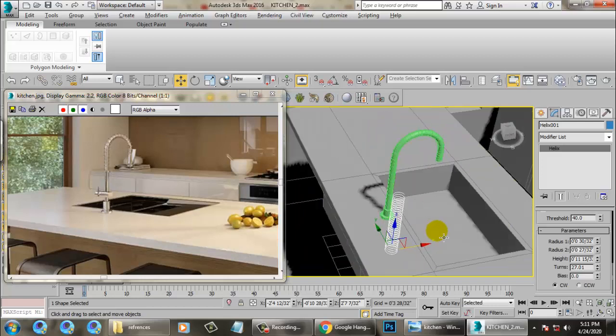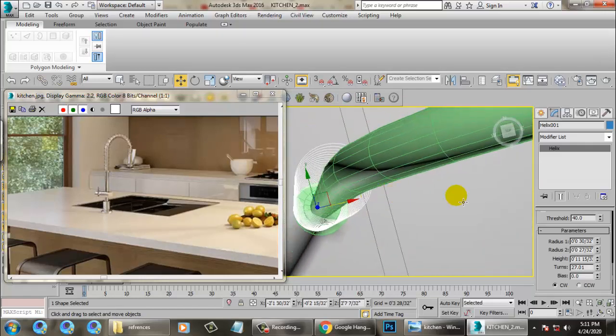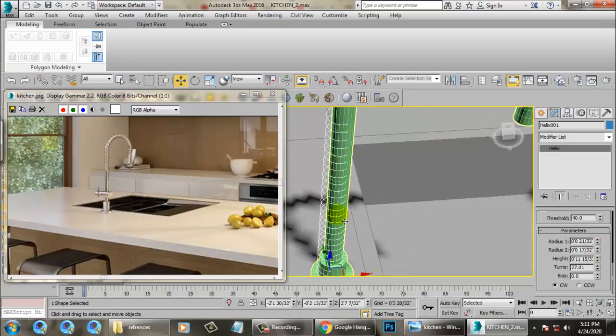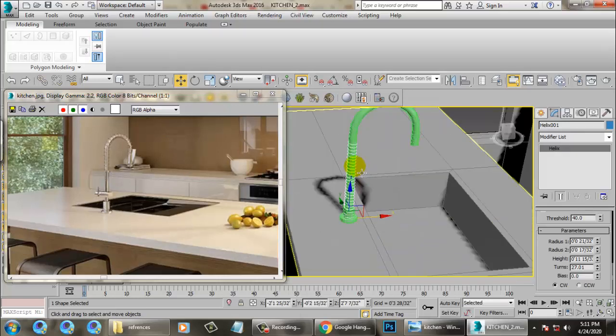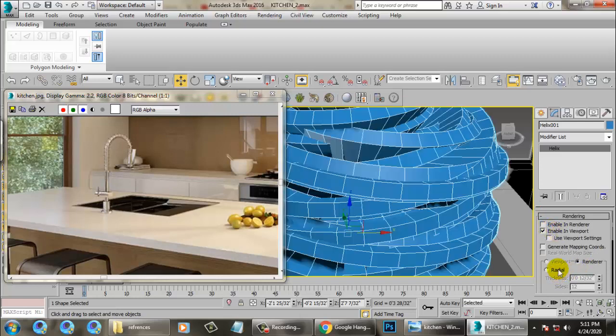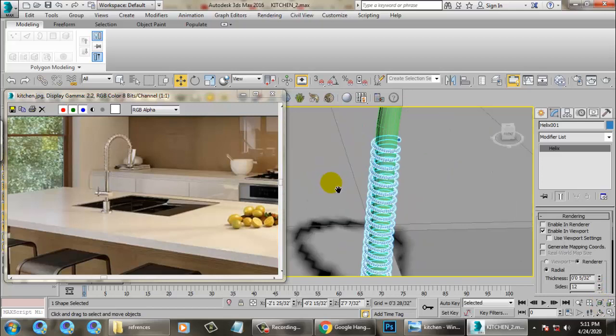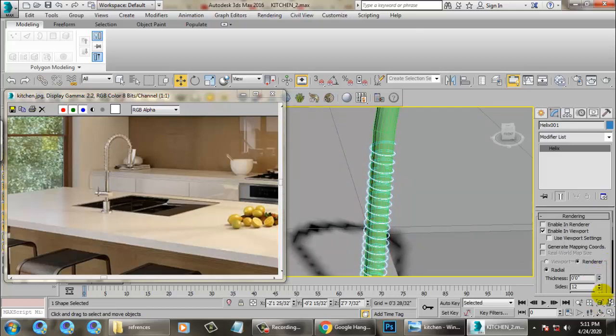Once you have increased its turns, I'll just drag it till here. I think the radius should be a bit reduced, so we can just reduce its radius in this way. Then let's enable the viewport and make it radial. Once you are done with this,